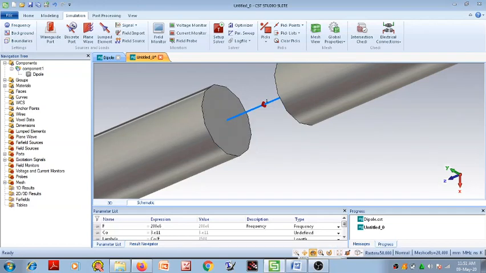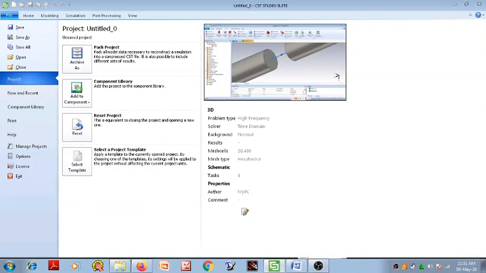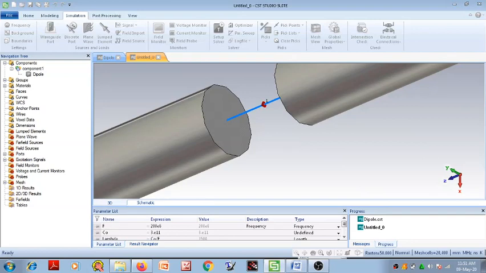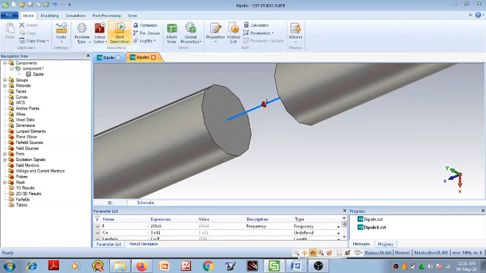Okay, click on file, save as. We have to save the geometry as dipole, click on save option. Okay, now next step is to start simulation. It will require some time, maybe a few minutes.